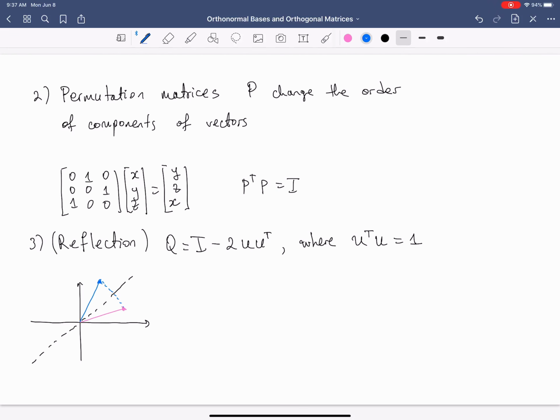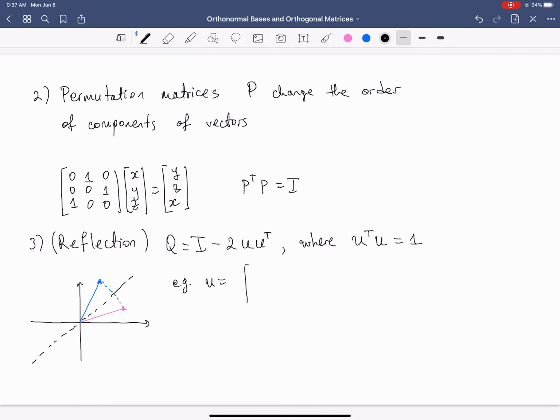But the nice thing about it, and what we're trying to explain here in linear algebra, is that we can actually take this vector and represent this whole action of reflecting as a matrix multiplication by some orthogonal matrix Q that has a form such as this one. So how could you construct one? We'll just take literally any U that is of unit length. So a specific example could be U equal to,